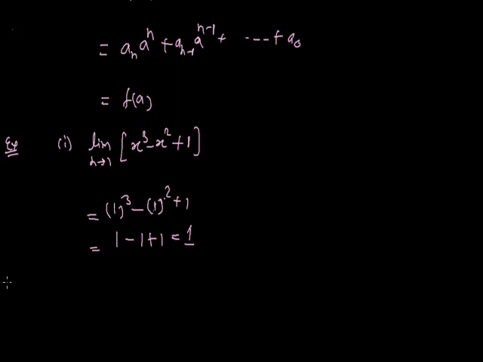Now we have to notice a thing: if the function is of the form 0 by 0. Suppose we are given a function in the form 0 by 0. We try to rewrite the function, cancelling the factors which are causing the limit to be of the form 0 by 0. For example, we can take an example of this.